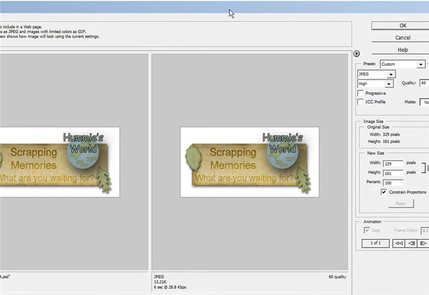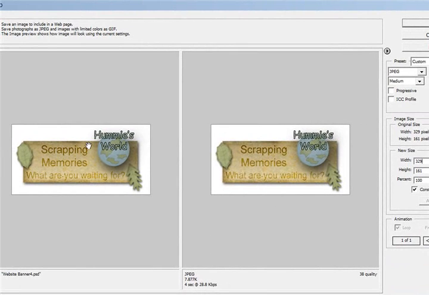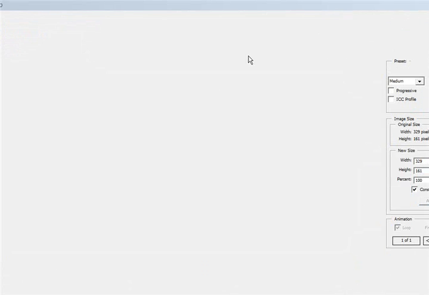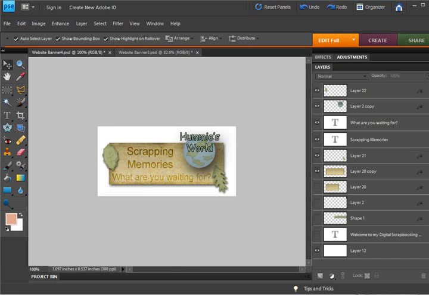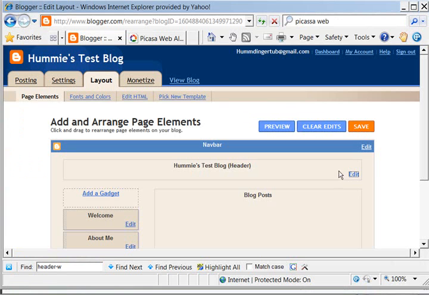Of course, 6 seconds is fine. Anything under 20K is going to be fine. But if I wanted to make this smaller, I could just move this slider down, and there it is, even smaller at 4 seconds, and you can compare. These images are not much different. There's not much loss of quality, so I could save it at that. But I already have one saved in this folder here. It's right here, and so I'm going to go